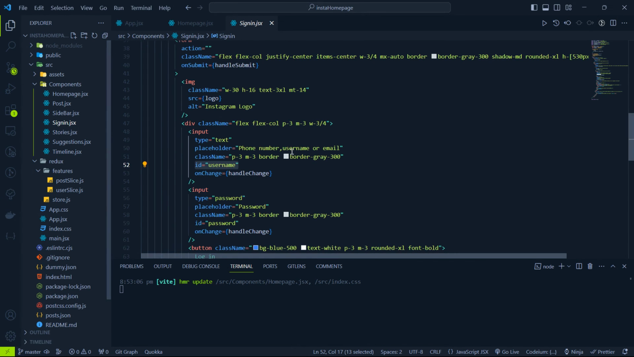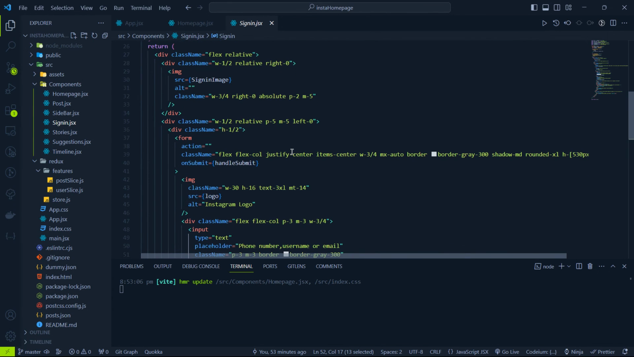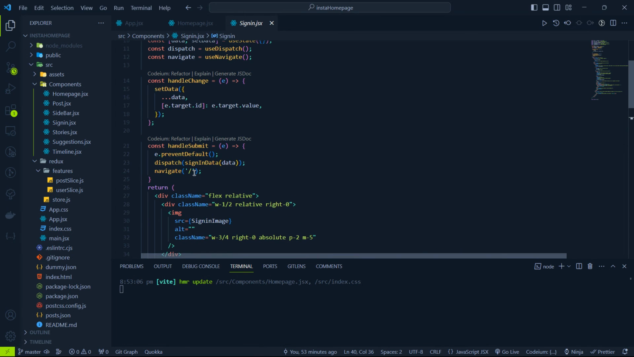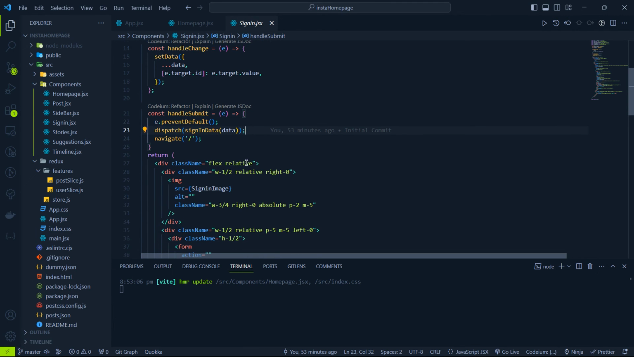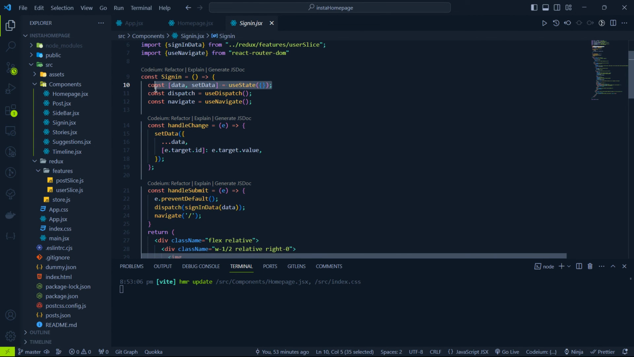Let's look at the sign in one. In the sign in, basically we are using the typical form procedure that we use in React. So upon submitting, we are calling the handle submit function. So what handle submit does is it prevents the page from reloading, which typically happens when you submit a form, and it dispatches an action sign in data, and we are passing the data as a payload as an action to this. So what data is actually an empty object, and